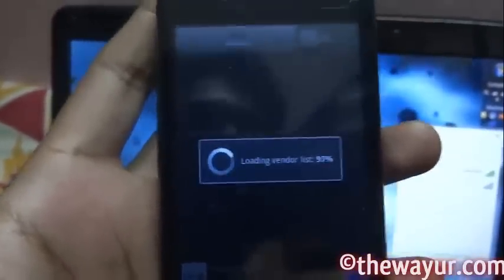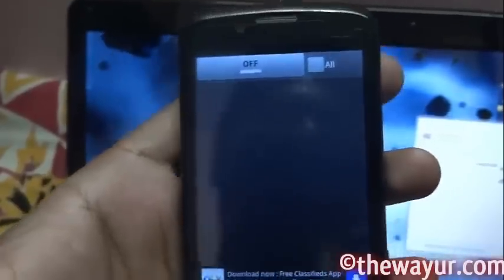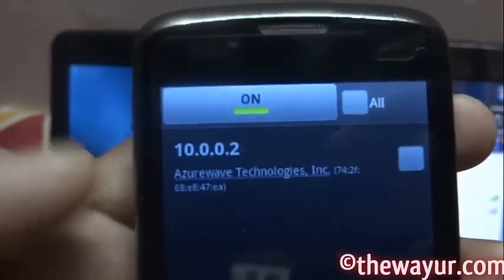These apps run in the background too and refresh all the clients every minute, so that you can check. It will automatically check how many clients have joined. So turn on this app and it will search all the clients. Right now there is only one client, that is my laptop.